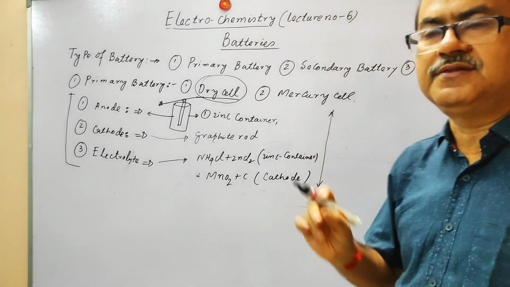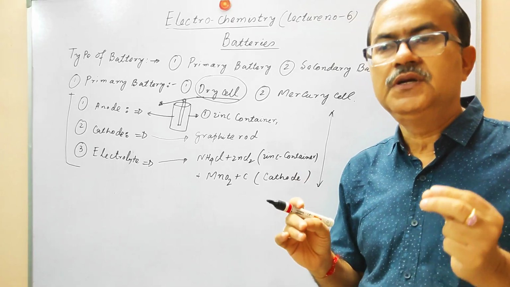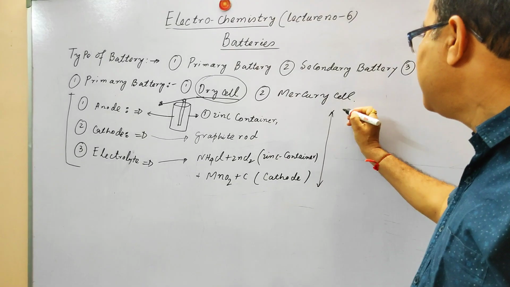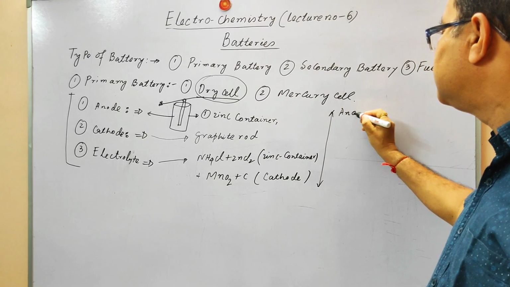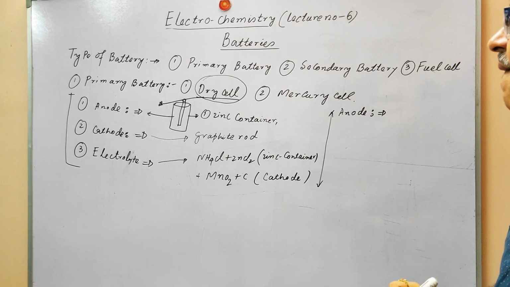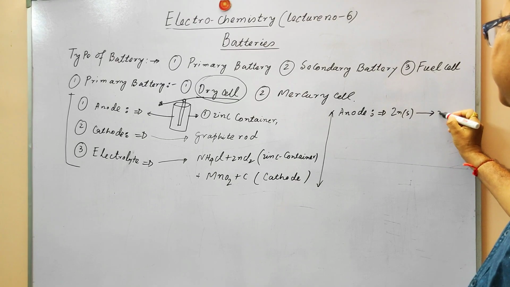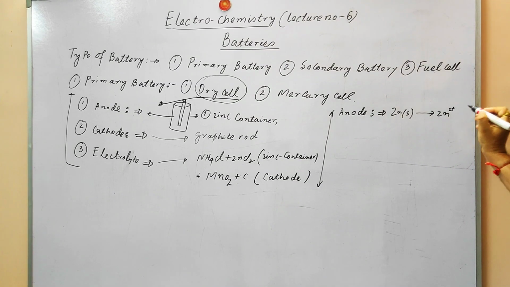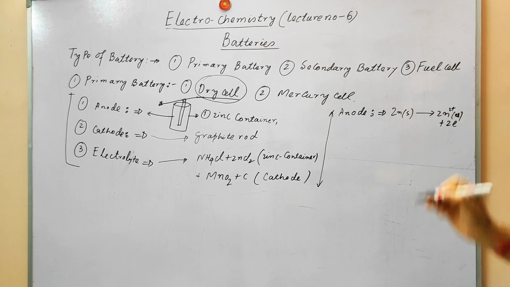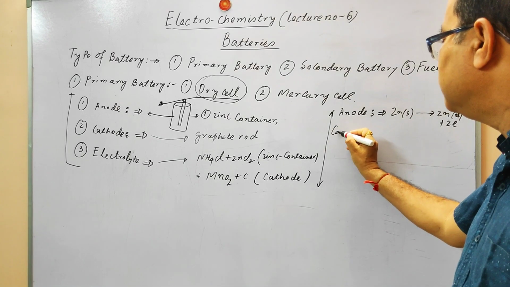Now, what are the reactions that we know? For producing electricity, you have to have some cell reactions. There are two half cells. In the anode half cell, you can see in this battery that the solid zinc will be oxidized and it is going to produce Zn2+ and two electrons. At the anode, two electrons will be produced, and in the cathode,